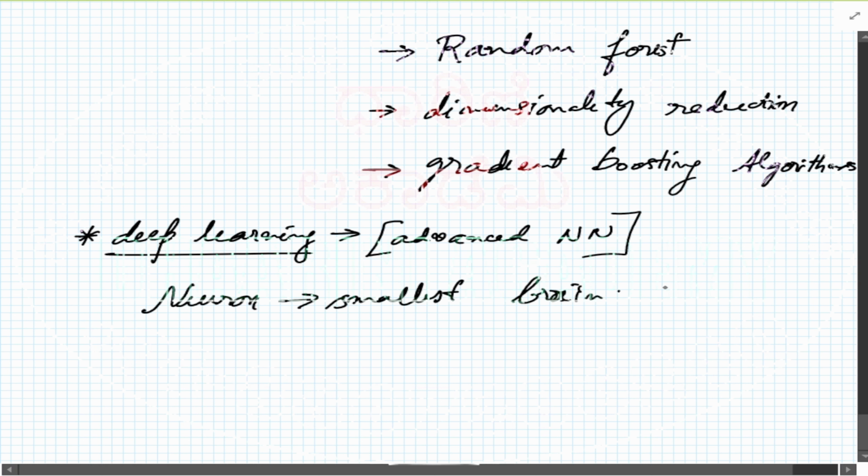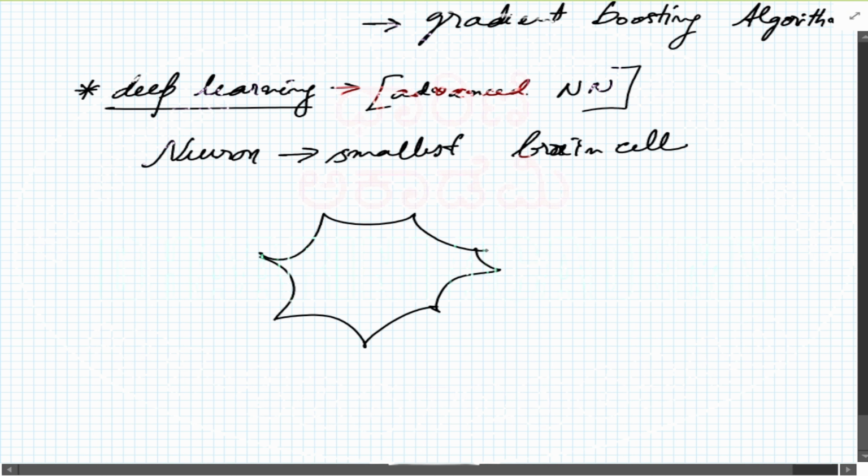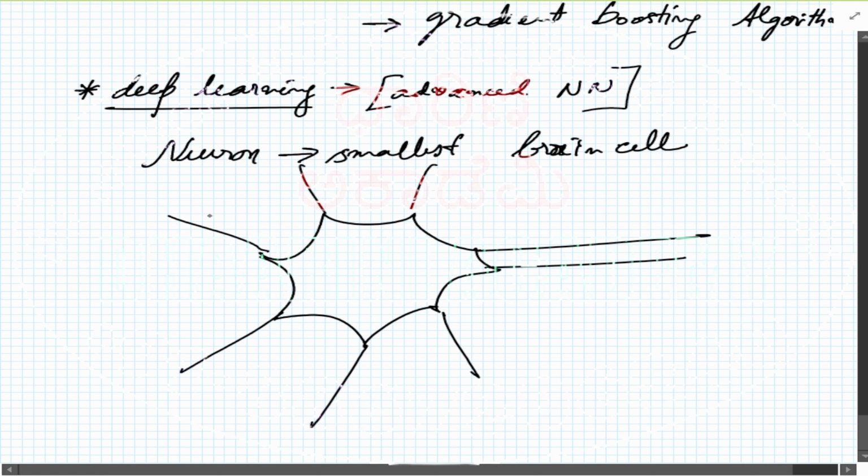Brain cell. So what happens is, let's consider the structure of a neuron. Okay, so a neuron will look something like this. The neuron is connected to other neurons. Every terminal is connected to other neurons, so they will pass the information to this cell through these parts. Anyway, the biological name is not needed.